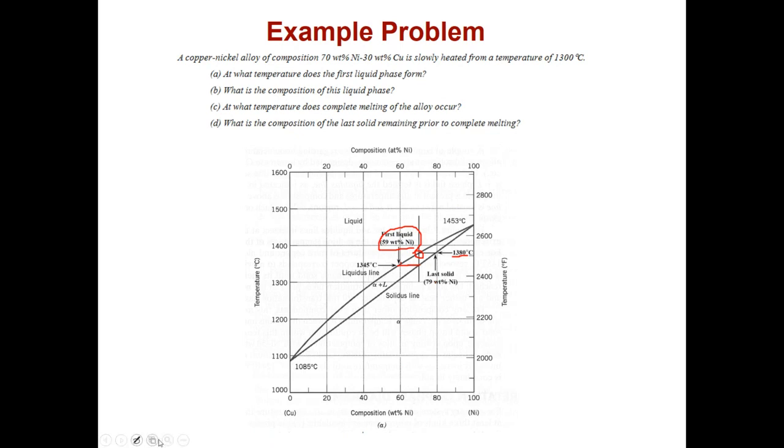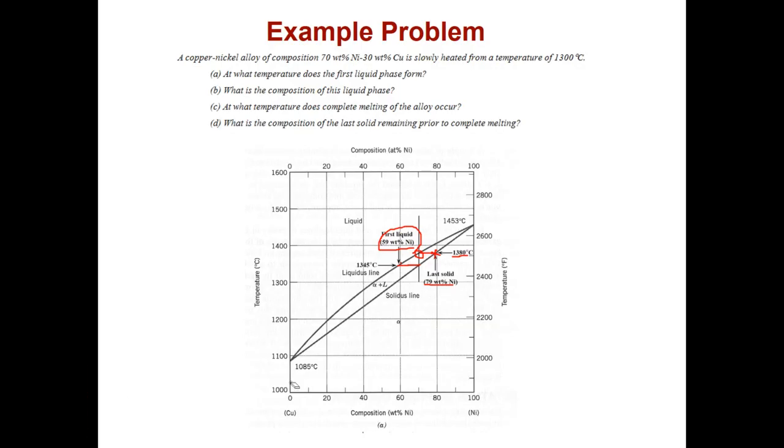To answer this question, again, what we need to do is to draw a tie line here, a horizontal line, and find the intersection of this horizontal line with the solidus line, which is this point, right? This point. And then bring it down, which is giving us a composition of 79 weight% of nickel. So to conclude, what happens is that